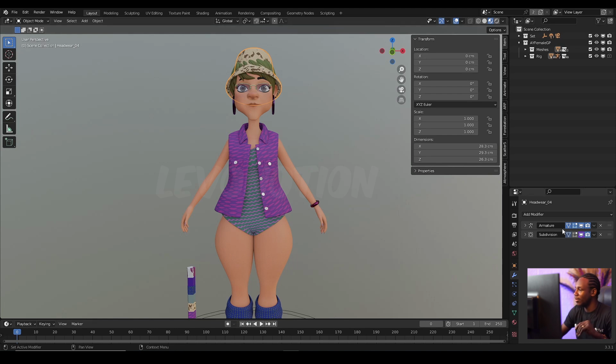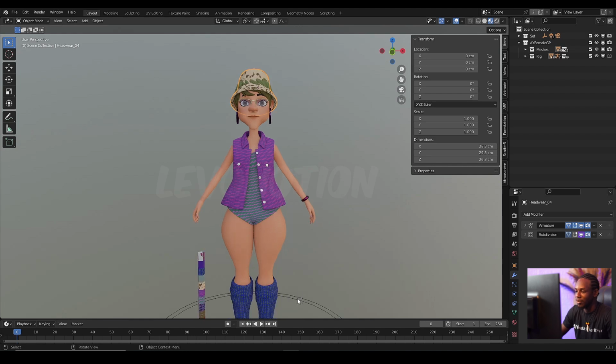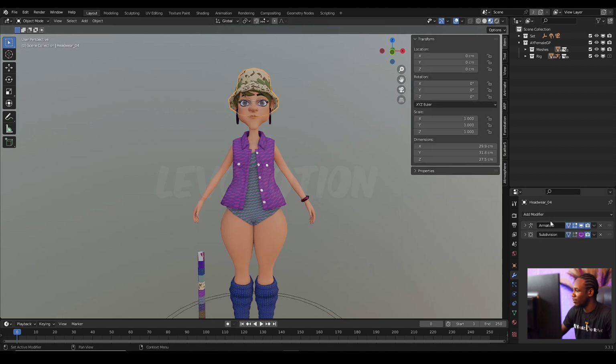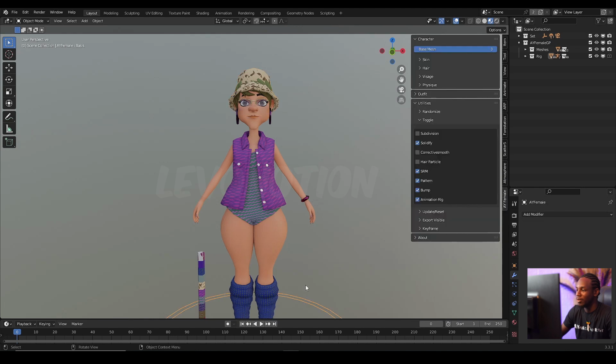So if I want to turn this off, I really don't have to select the mesh of my character and then try to turn it off here manually. So it's just faster for me to do that through the AY panel here by turning off the subdivision. And now when you go to the mesh, you can see it's turned off. So it's a fast way of working by just turning it on and off depending on your need at that point in time. So the next one is the solidify.